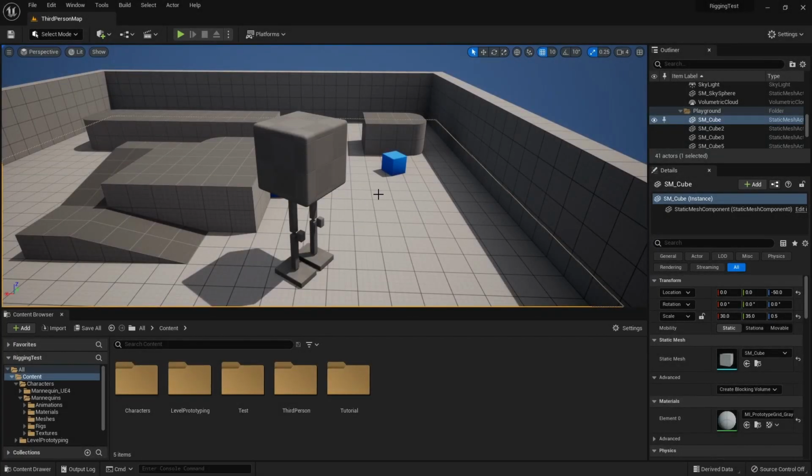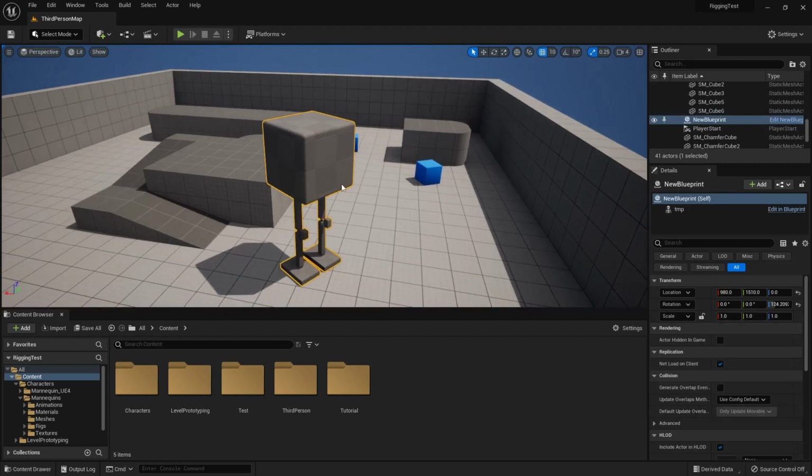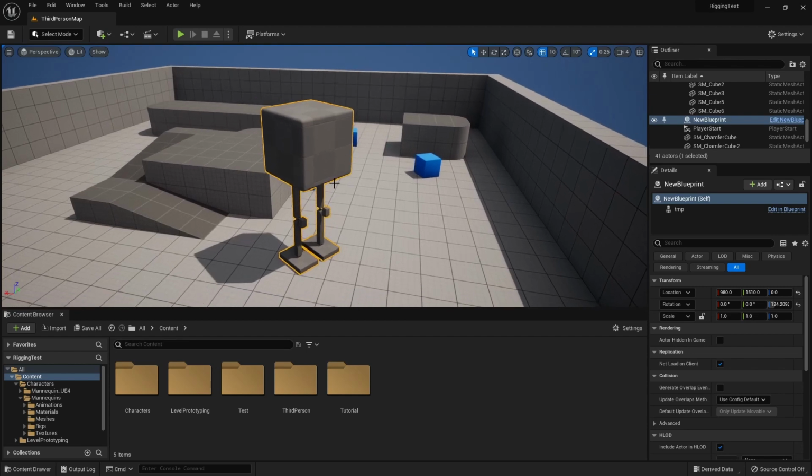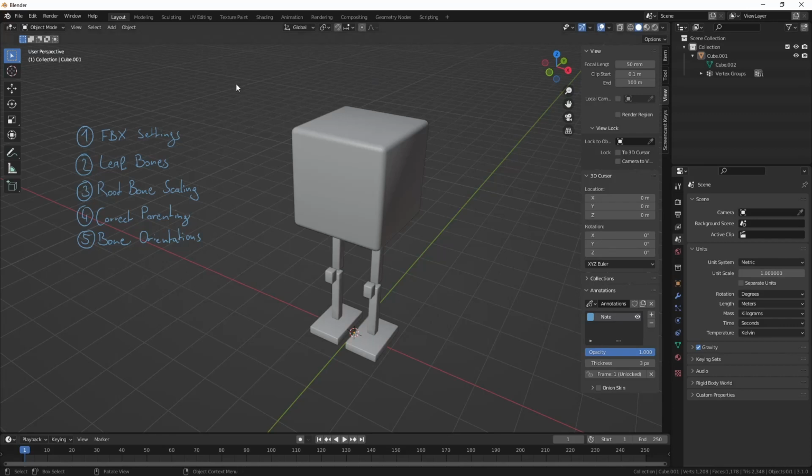Today I'll be showing you how to correctly export your characters from Blender to Unreal Engine 5. We'll be working with this very simple example so that we can really focus on all the technical details that really matter. So to summarize the main issues that are very common that we'll be covering in this video,